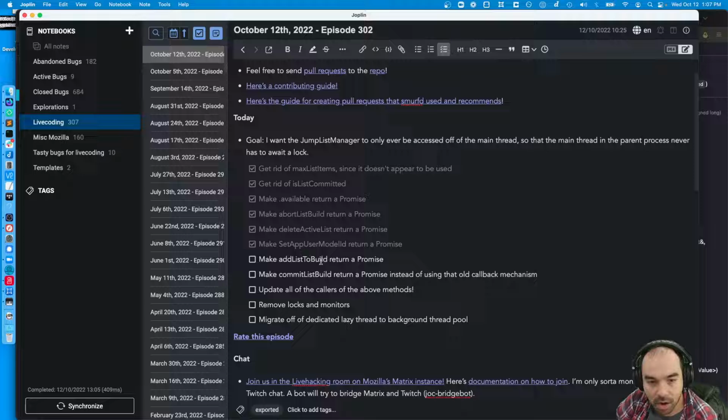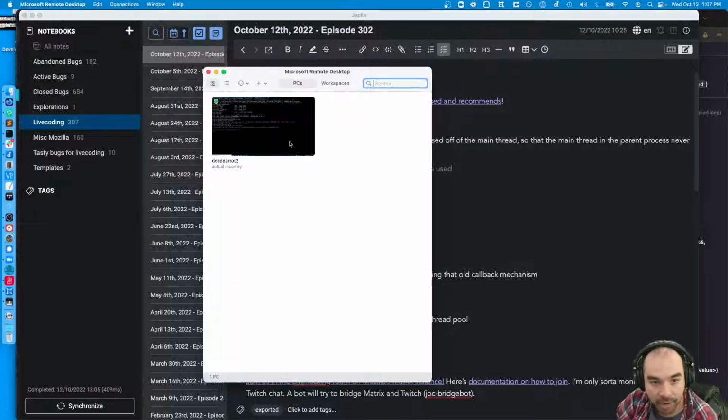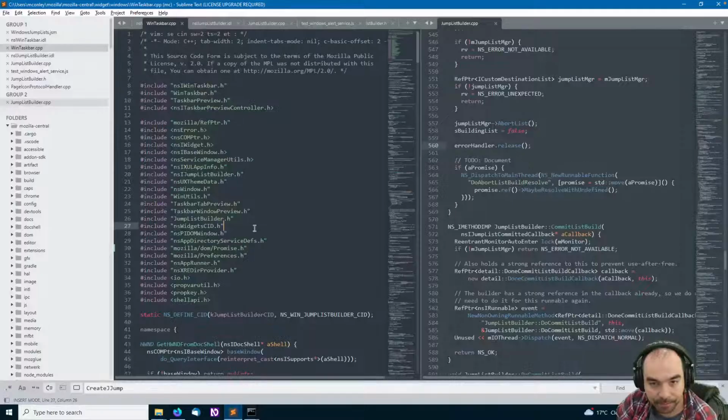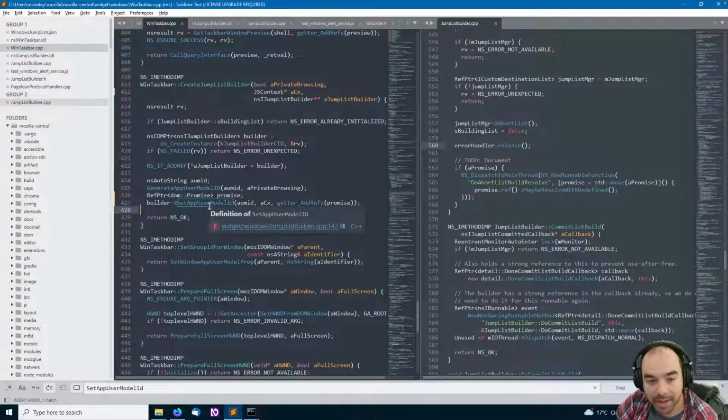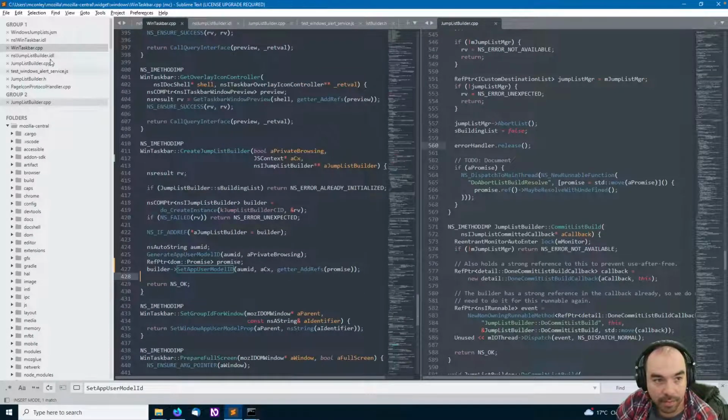All right, so let's keep going. I have not done anything since we were last working on this, so we are picking up right where we left off. We had just moved set app user model ID off of the main thread, so let's take a quick peek at that. Right, that's inside of jump list builder, not WinTaskbar. We also had to update a caller of set app user model ID outside of the builder. The jump list builder is where most of the activity is happening,